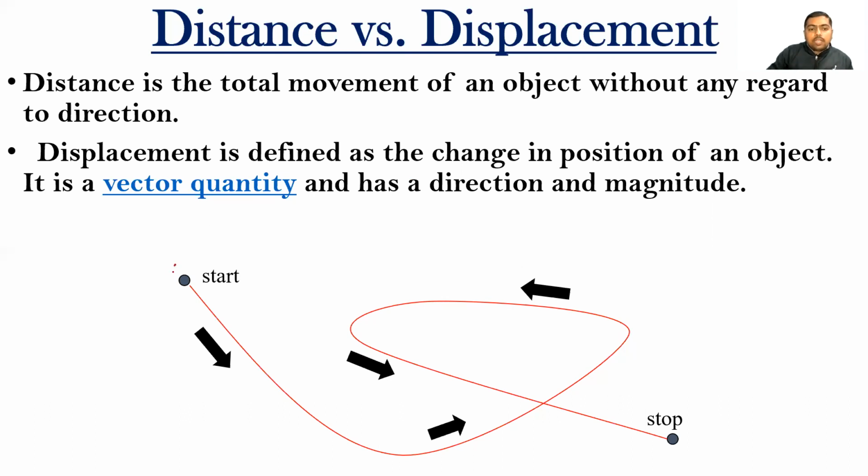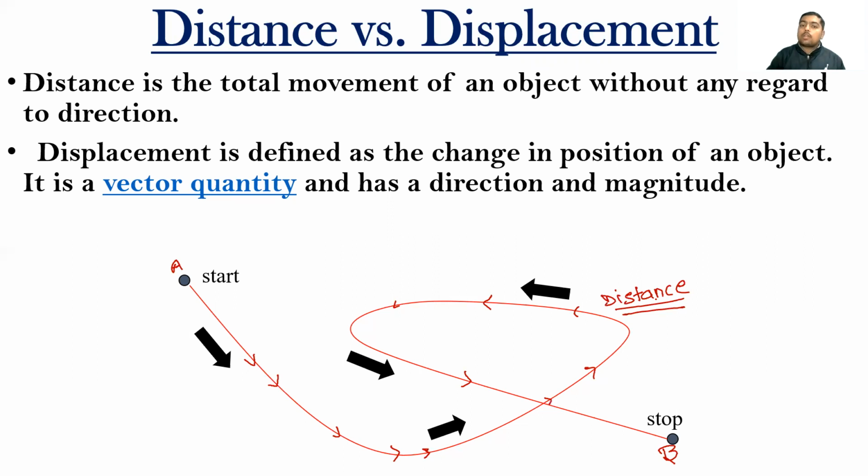When we start from point A and go to point B, we take this path. This red line path shows the actual length which we travel. When you are going from your home to your school, you are moving like this in a random motion. Your direction changes at every point. See, direction changes at every point. And this path does not depend on direction. That's why it is called distance. It is called distance because it is the actual path which we travel.